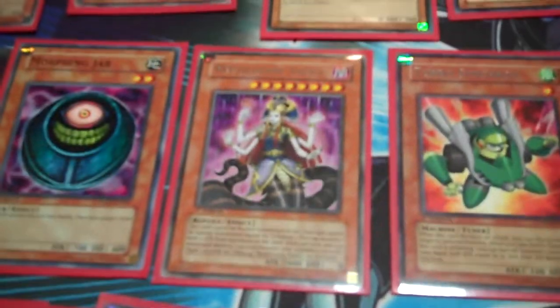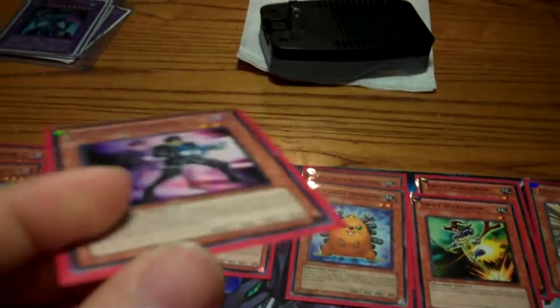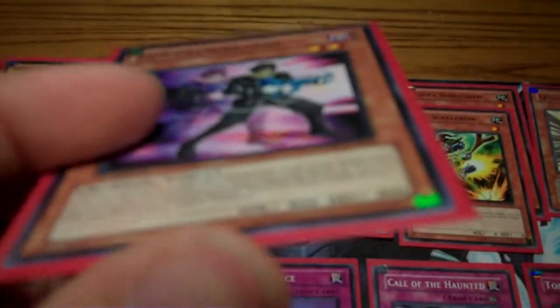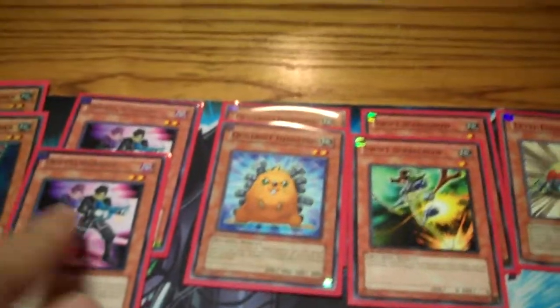So that's the reason why that card is in there. Now, Doppel Warrior. This card is actually new and just came out, and a lot of people were saying this card is going to be a great card, and it's just like a Dandelion pretty much for the quick draw for Junk Synchron monsters, because what it does is when you special summon any card from the graveyard,